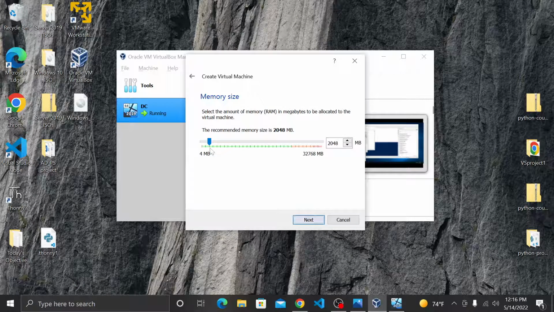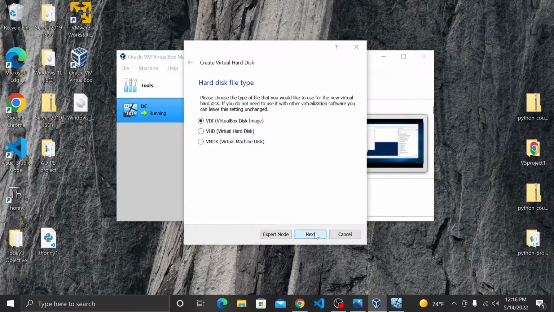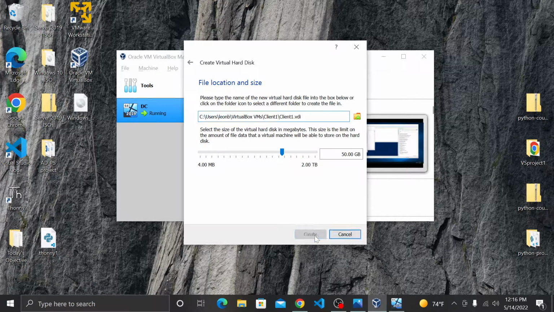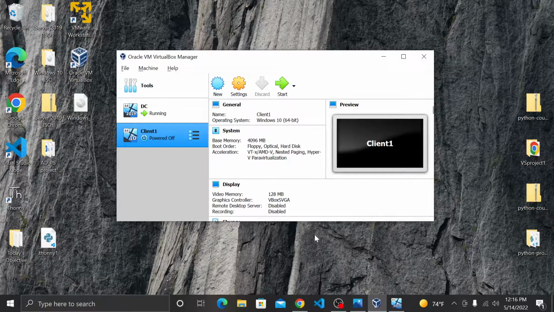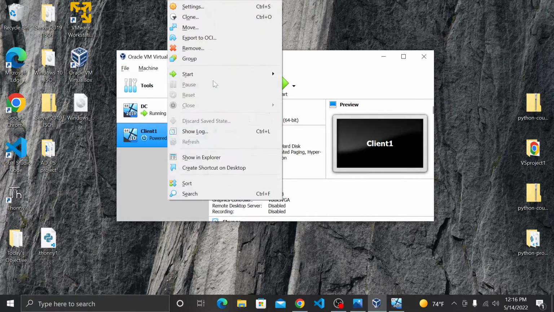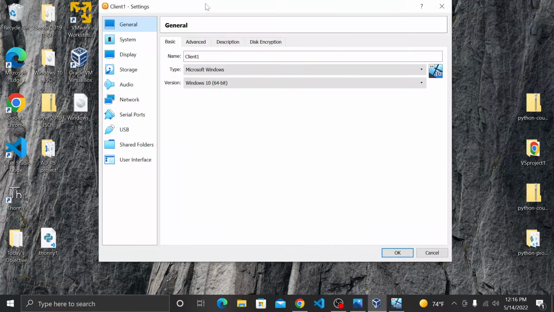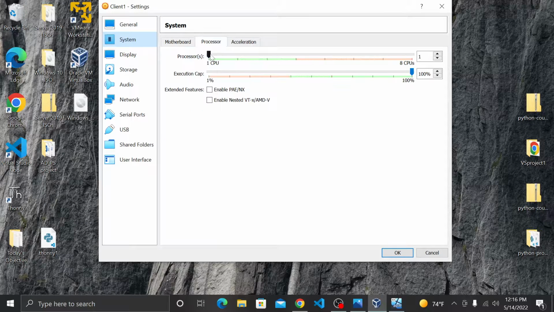64-bit. And I'm just going to go ahead and increase it to 4 gigabytes for the RAM. And then just keep clicking next, next, next. Leave that as is. And so now what we're going to do, like before, is click Settings, and then go to System, Processor. I give it 2. Let's see if we can get it to go to 2 here. Boom. And then what we're going to do is go to the network,